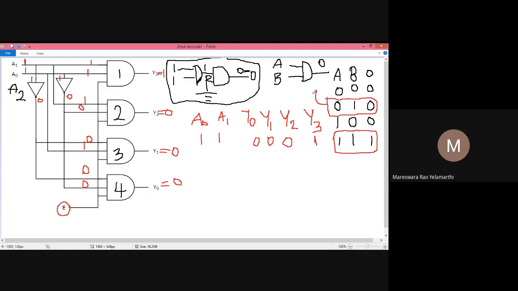Before that, please confirm through the chat box. Have you understood till now?